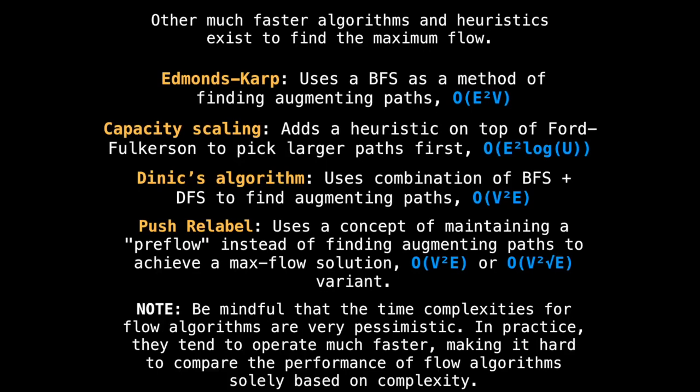There's also this idea of push-relabel algorithms, which work differently than the algorithms we've discussed here, which try to find augmenting paths. Instead, push-relabel algorithms maintain this concept of a pre-flow, if you will, to find the maximum flow of a network. Please be mindful that the time complexities posted here are very pessimistic. In practice, running maximum flow with any of these operates much faster. So it's very hard to compare the performance of two flow algorithms solely based on the complexity. Today, we're